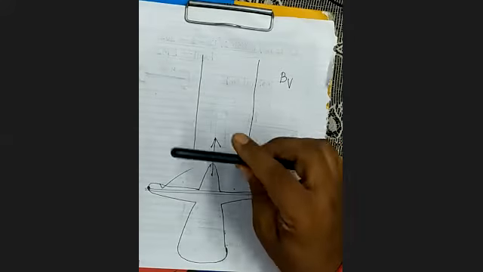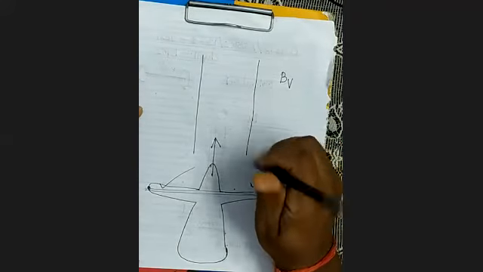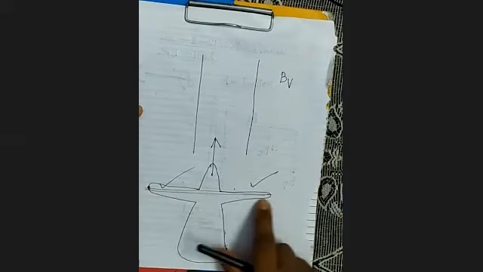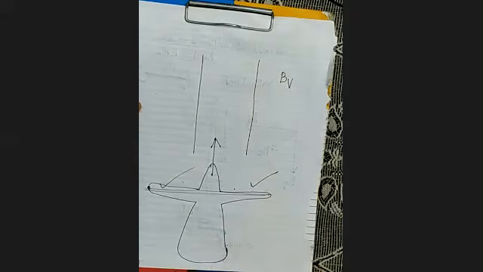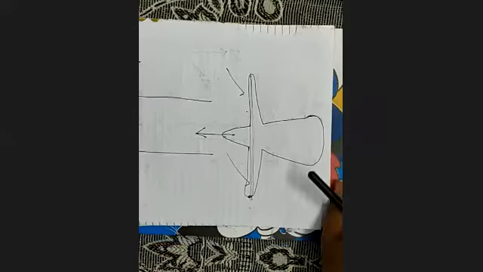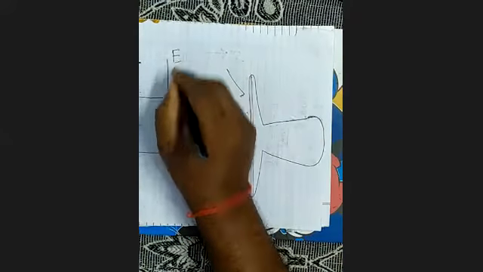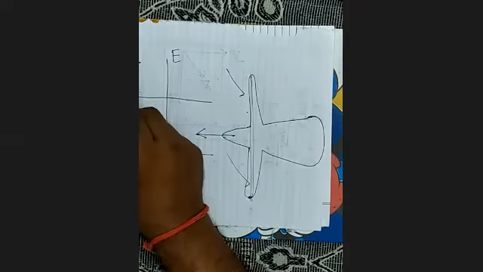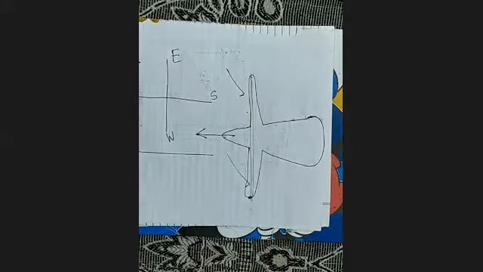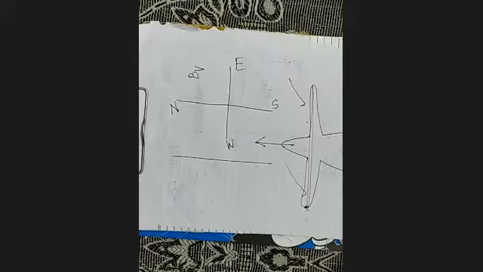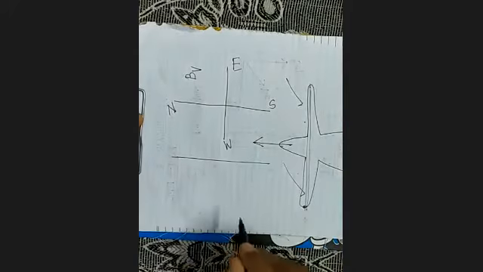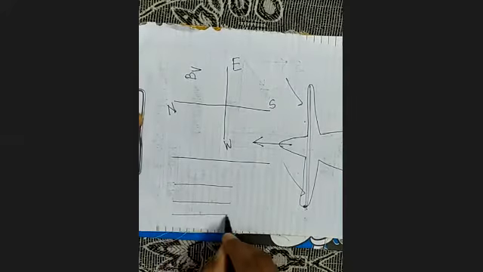when it is landing in such a way that the wings are in the east-west direction, means this way. You can see here on the plane of paper, this is the east, this is west, this is north, and this is south. It's clear. So when it is landing in this way, you can see here, this is the horizontal component of the Earth's magnetic field,